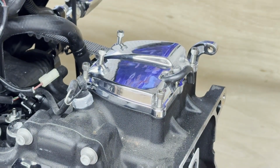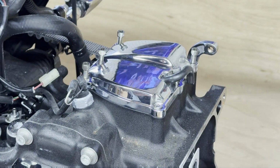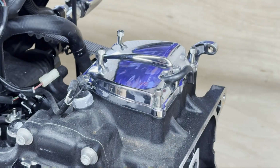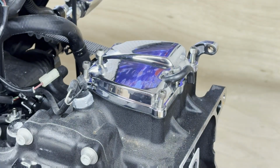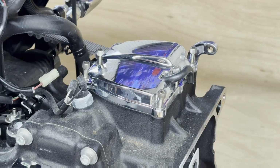So let me get a little bit of, let's see here. What I did was put a little bit of anti-seize on this. Not much. I just rubbed it into this rag basically. So what I'm going to do is I'm going to coat these threads with a little bit of anti-seize. And what's going to happen is, as long as the heat don't bake it out of there, it's gonna save somebody some trouble down the line. What I mean by trouble is this stainless, when it goes into this aluminum,